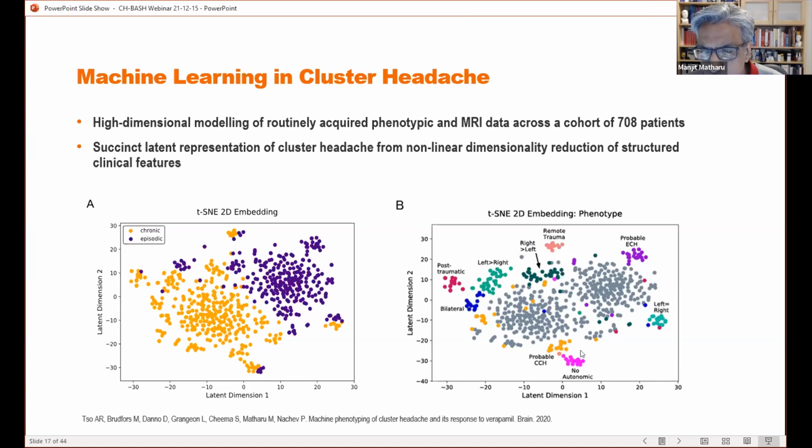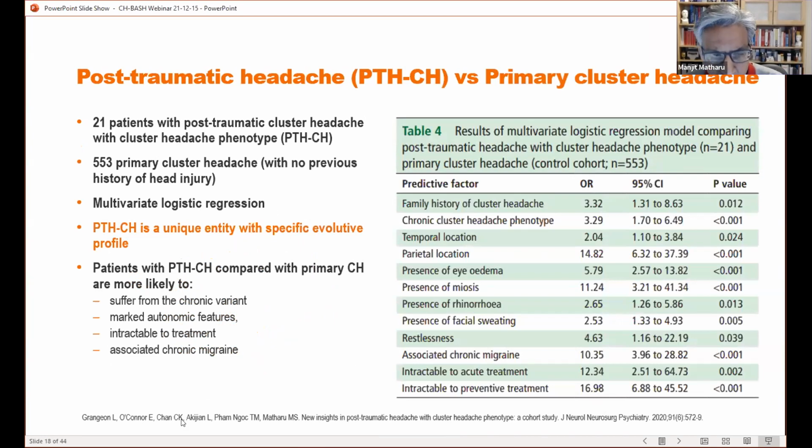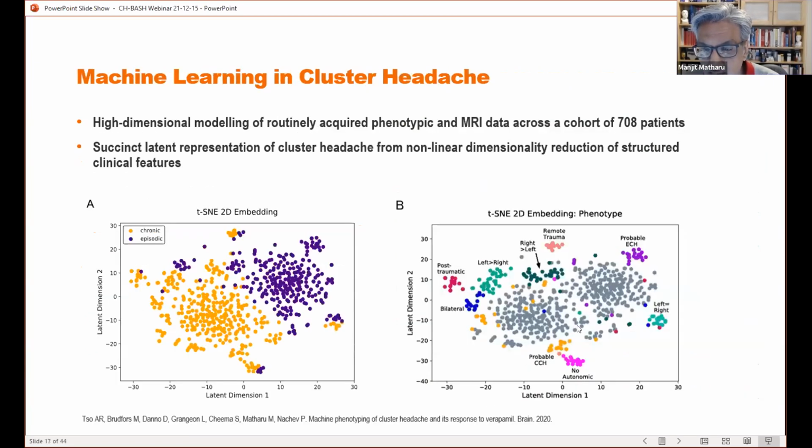People who have no autonomic symptoms are distinct from those who got remote trauma. So we decided to look at the post-traumatic group and see how they actually differ. What we showed and published in the JNP last year was that patients who have post-traumatic cluster headache, when compared to our primary cluster headache groups, were clearly very distinct in that they were more likely to be chronic, they had more autonomic symptoms, the vast majority of them were intractable to treatments, and they often had chronic migraine to go with it. It just goes to show that studies like these can start teasing apart the subphenotypes